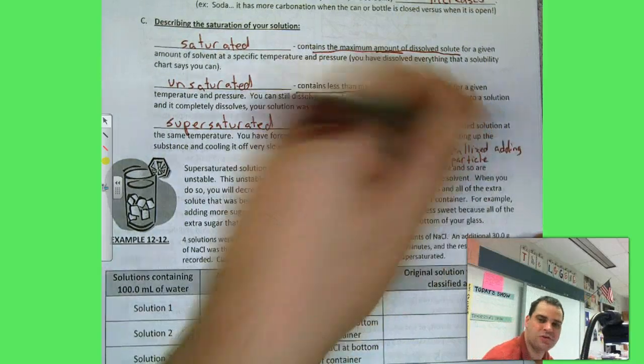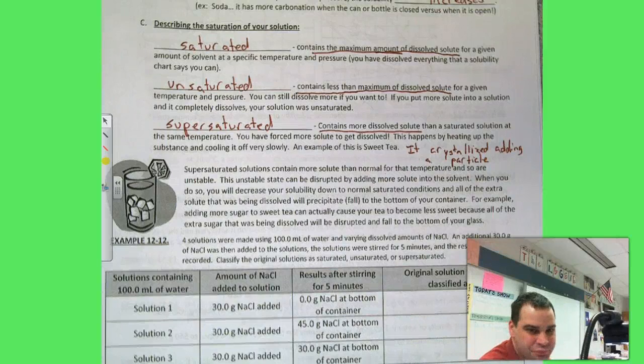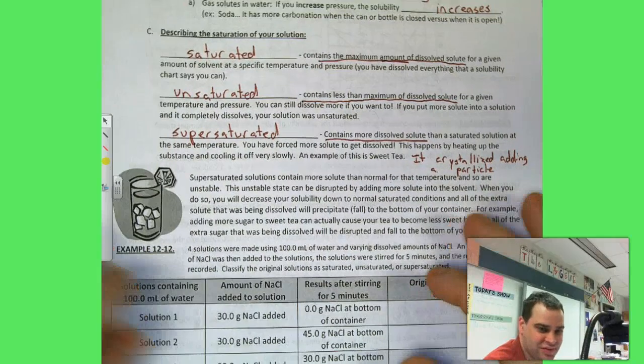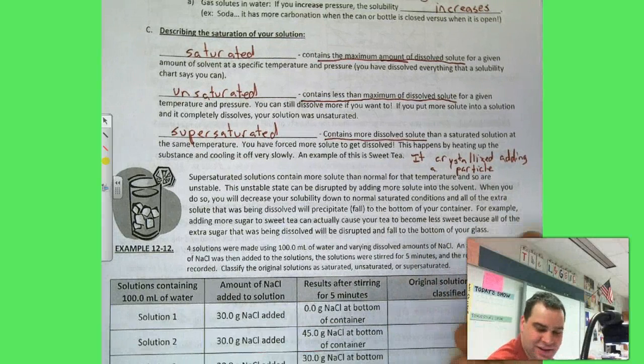The whole solution crystallizes. So no longer do you have a solution, but you have a bunch of crystals. And hopefully I will be able to do that for you and show you how that works. Now, when I get to the next lesson, when I talk about saturated curves and solubility curves,